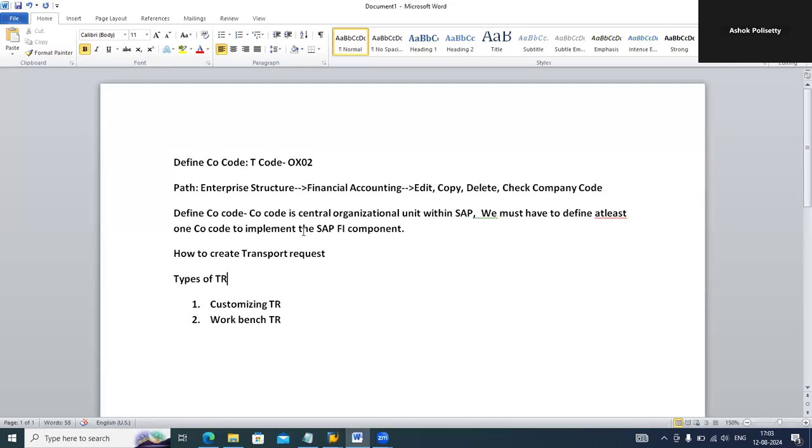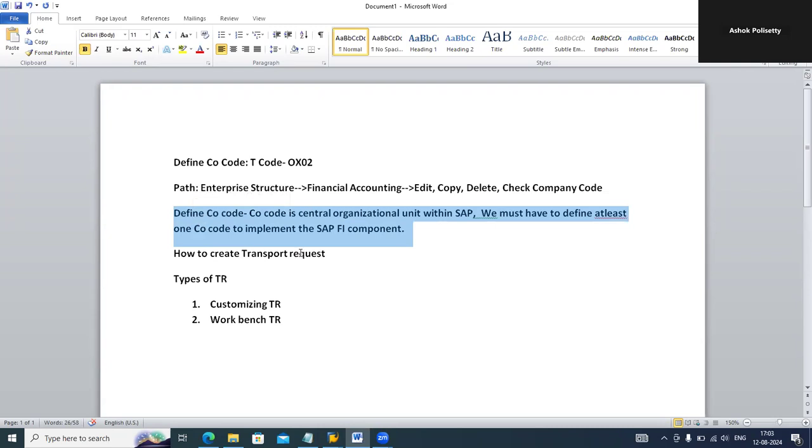Because we know all the data will be stored and evaluated at company code level only. That's why company code plays a very important role, and because it is a legal entity. It's a very important question. Each and everyone should understand what is meant by company code and how we are going to define the company code in SAP